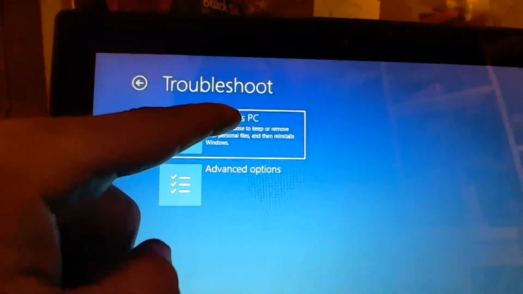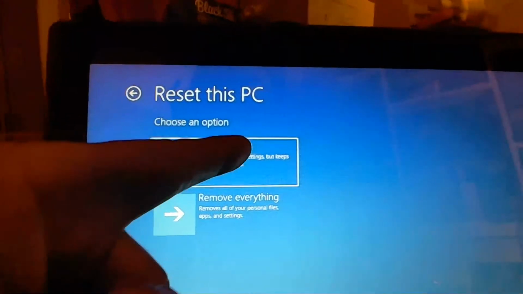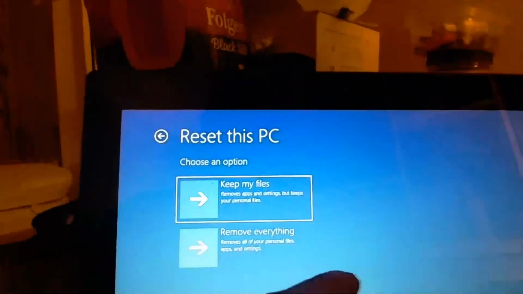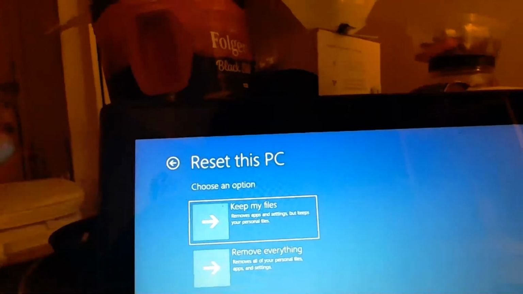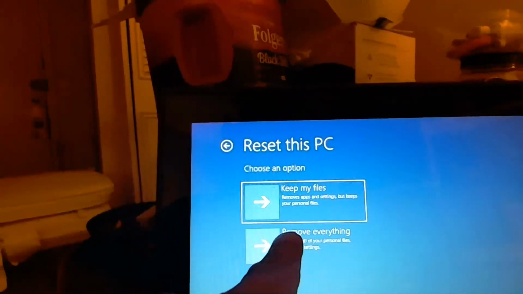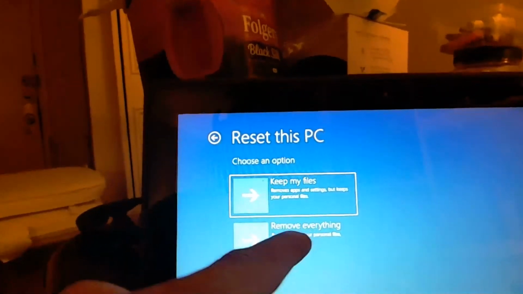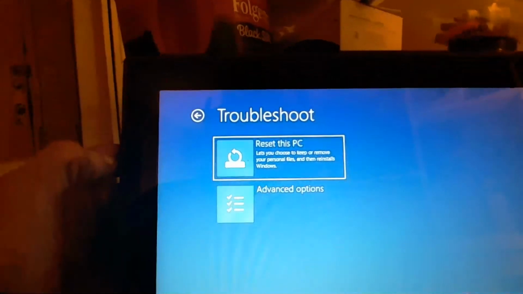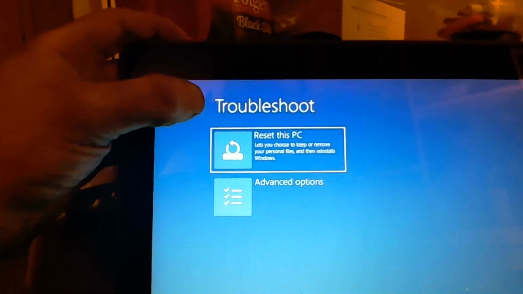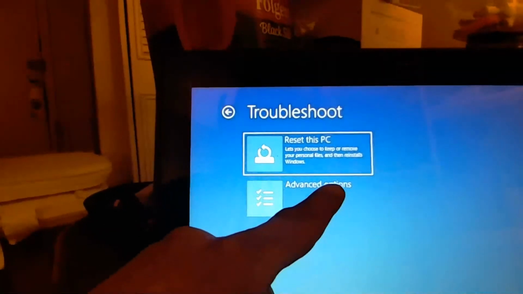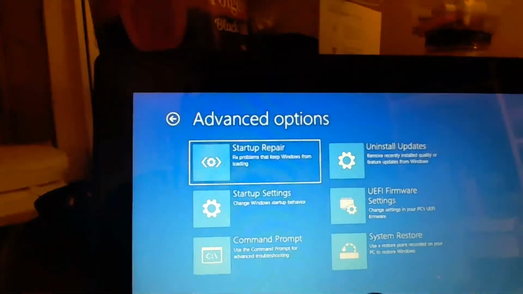You can reset the PC, keep your personal files, or if you're giving a computer to a friend or loved one, or if you have your own personal PC that you're looking to get rid of, then you go back and you erase everything. That also will erase your profile and stuff like that. But you can also backspace, come down to troubleshoot, go to advanced options,